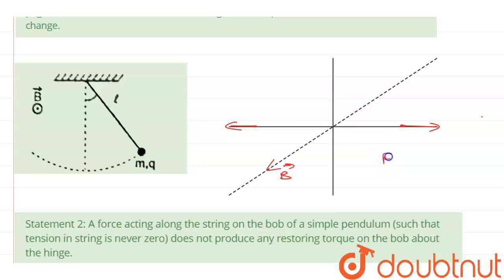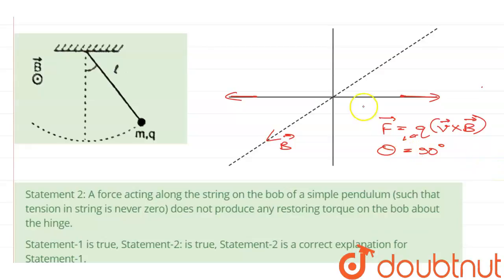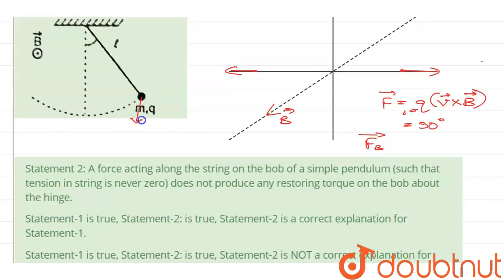Now the force on a moving charge due to a magnetic field is given by F is equal to Q V cross B. Now since B is coming out of the plane, V and B have a theta of 90 degrees at all times, which means the magnetic force FB due to the magnetic field is always acting downwards,